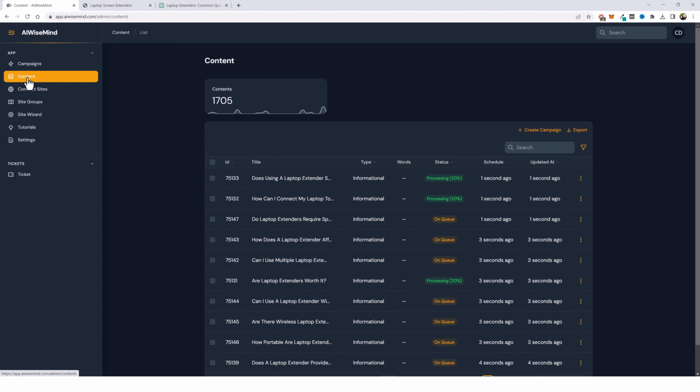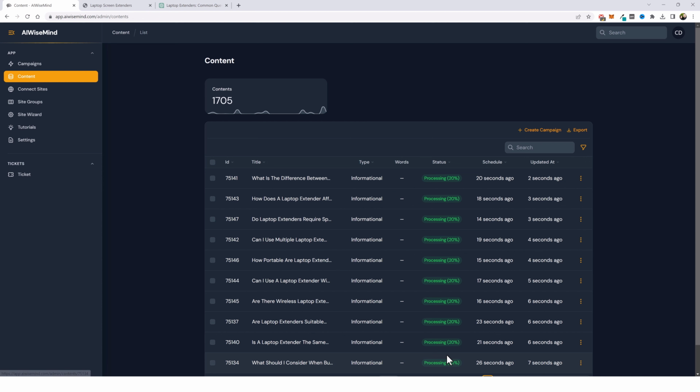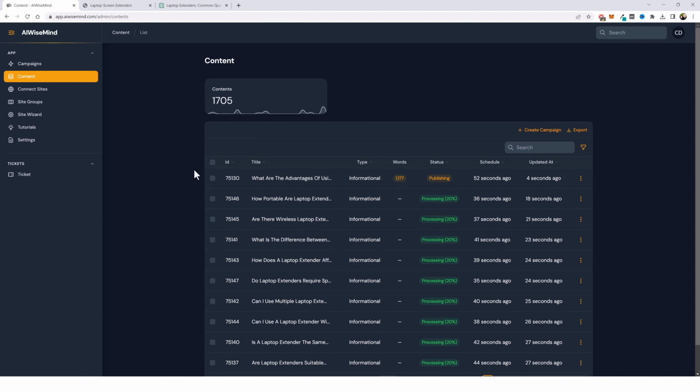Let's click on this again to refresh it. And you can see here now that each one of them is running, and normally it only takes about a minute or less for each article to be created. You can see this first one is already done with about 1,200 words, and it's publishing it right now to